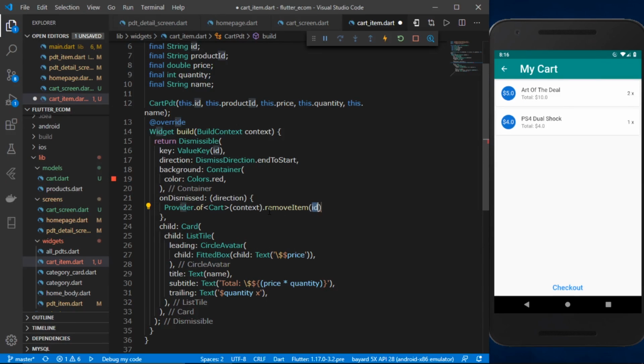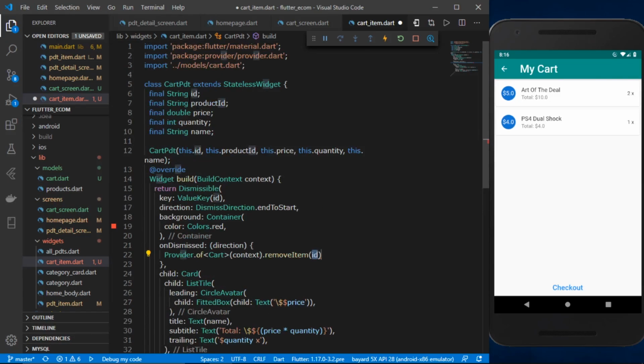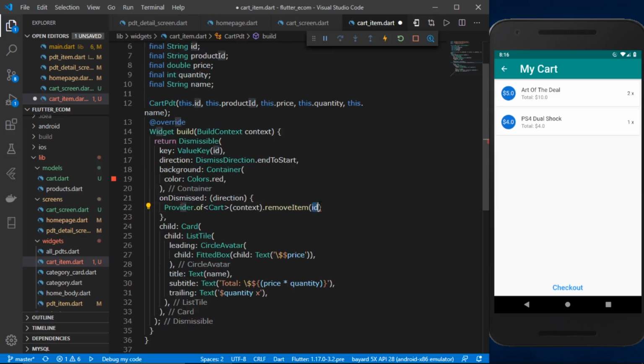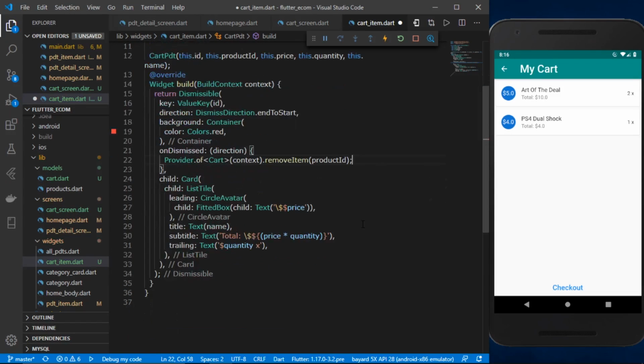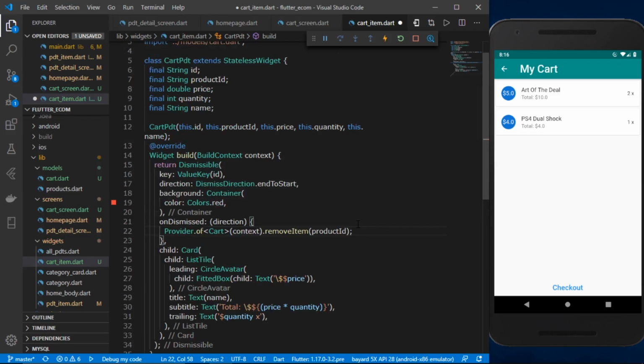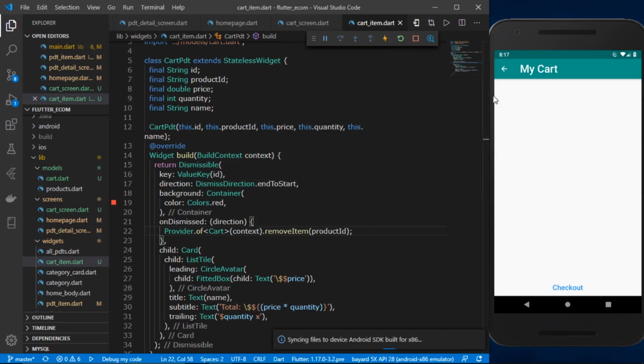We want to access the remove item method, and that remove item method actually takes an ID, and here it will be the product ID. So we pass on the product ID over here. Let's paste it over here, and let's give a semicolon, and let's save it, and let's restart our app, and